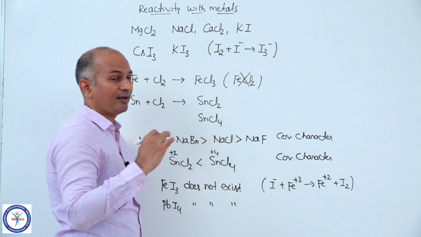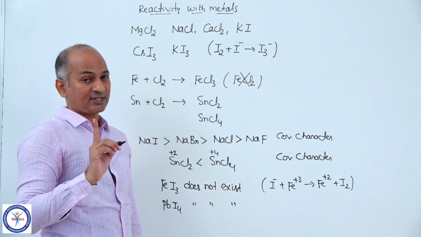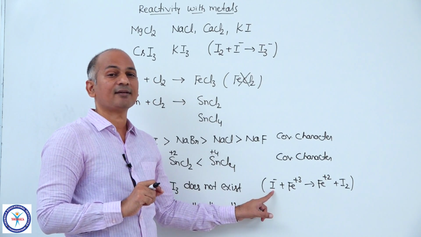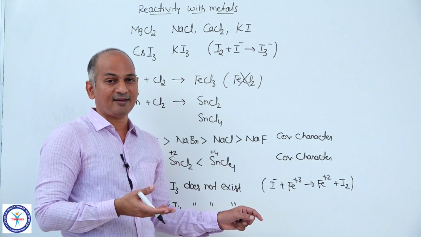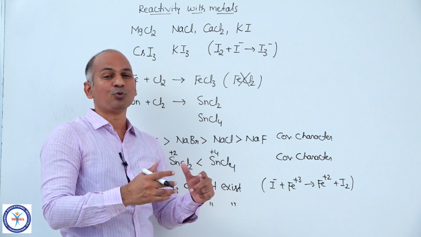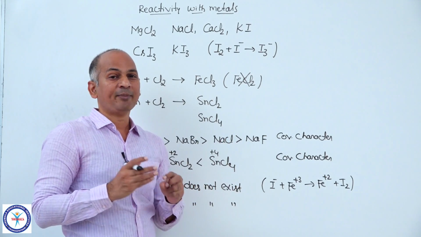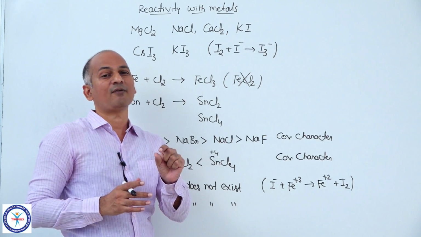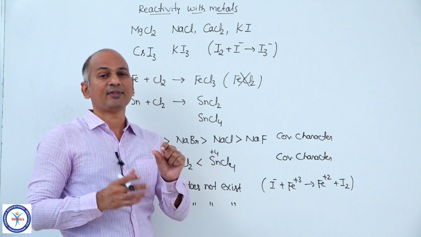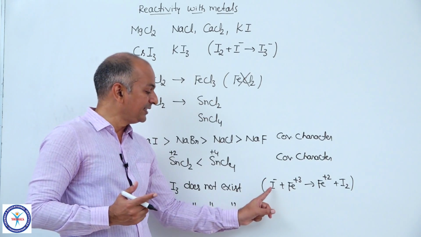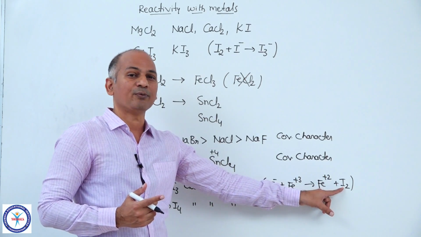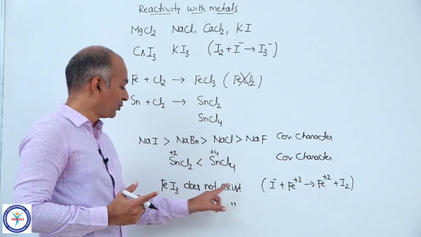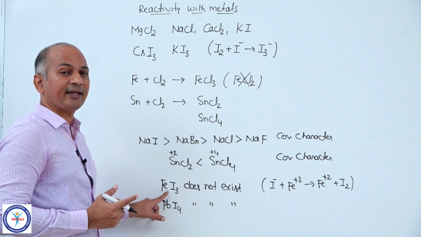All of you recall, in our previous class we have discussed the dissolved oxygen can oxidize I minus. See, in the topic reactivity towards water, I told you I minus can easily be oxidized. Even the dissolved amount of oxygen, which is very less actually, that can oxidize I minus. It is very easy to oxidize I minus to I2. And in that reaction, Fe plus 3 is converted into Fe plus 2. So there is no way FeI3 can exist.